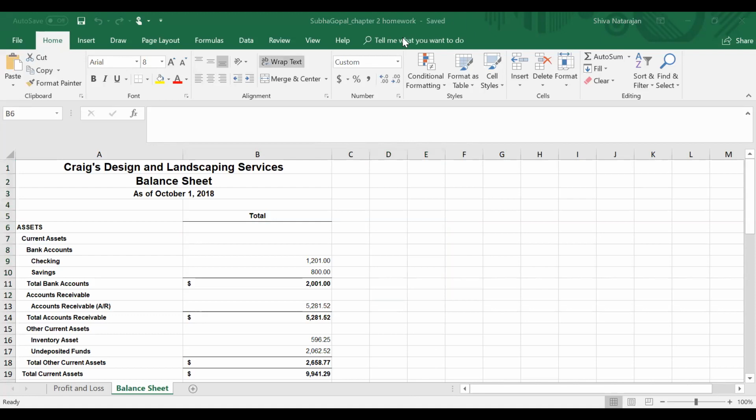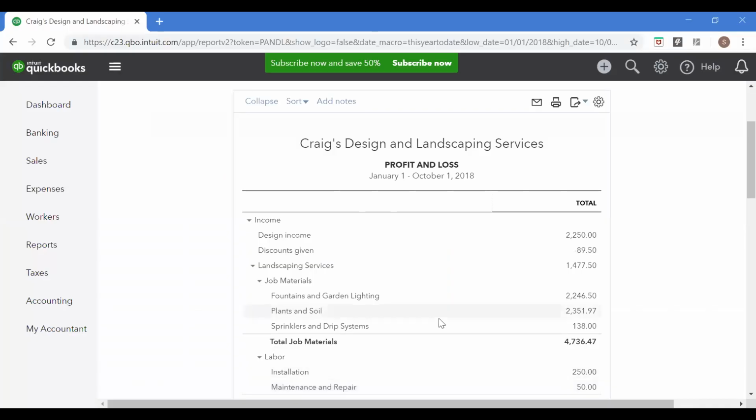Then let me move back to my QuickBooks screen. Do the same for all the reports, just like how we exported the balance sheet and the P&L. Export all the reports to Excel, move them all to one file like how I showed you, and submit that one single file at Canvas, and make sure it's labeled your name _ the chapter.